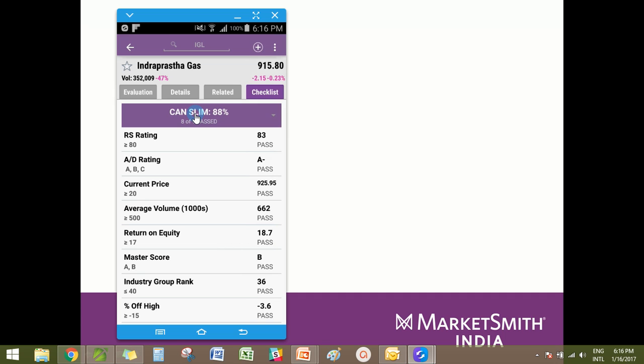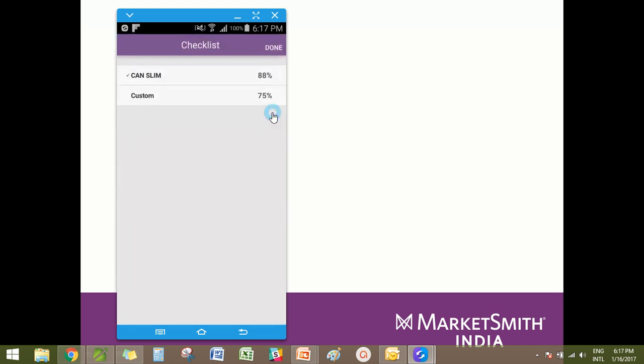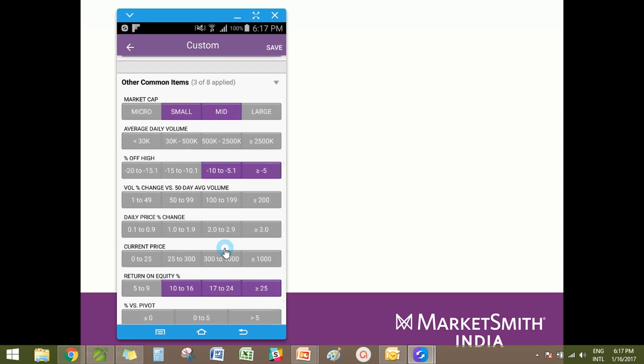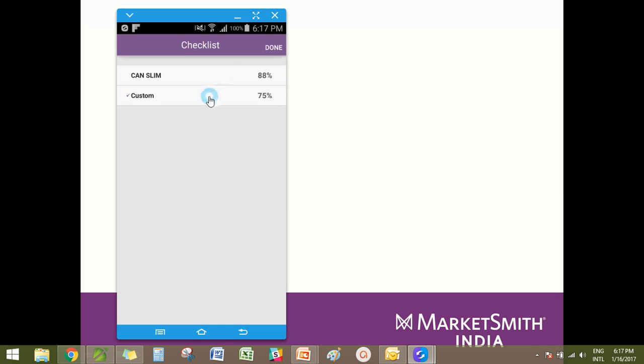So that's fine, but did you know that you can actually even tweak this? What I mean by tweak is the criteria currently you're seeing on the left hand side of your panel. You can actually tweak it by clicking this. You can go to your custom screen and you can set your own screen. So for example, in my custom screen, I'd like to see if the stock has passed being a Master Score A. I like to see stocks which are only within the mid and small cap universe and not too far from their highs, and I like high ROE stocks, and therefore I have created this custom checklist. And if I save it and if I set it,